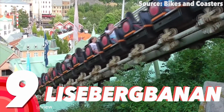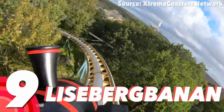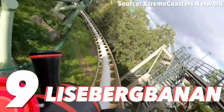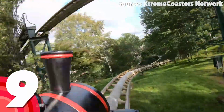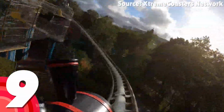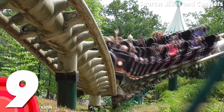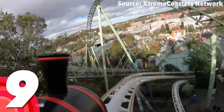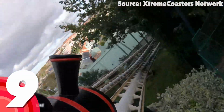Number 9, Lisebergbanan. Whilst watching rides such as Helix provides some incredible interactions with all of Liseberg's unique terrain and views that cannot be matched, the thrills of the ride may put some of you off, and that, my friend, is when Lisebergbanan comes in, because along your whopping 3-minute long journey up, down and around the park's many rides,